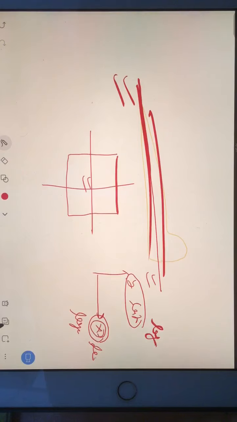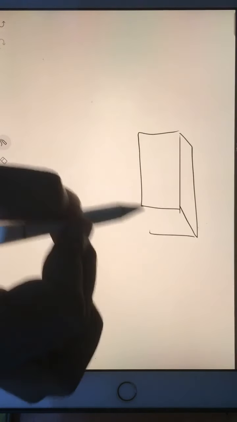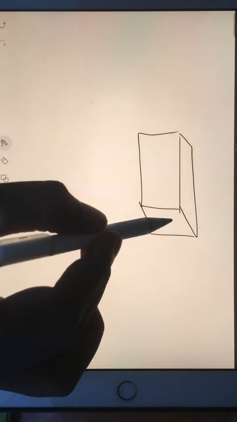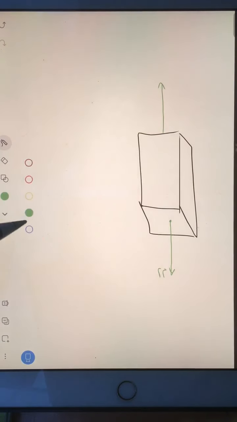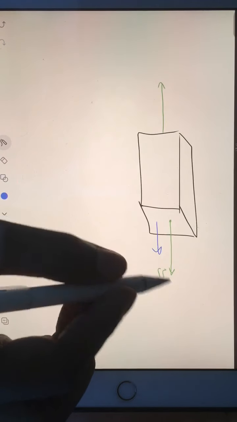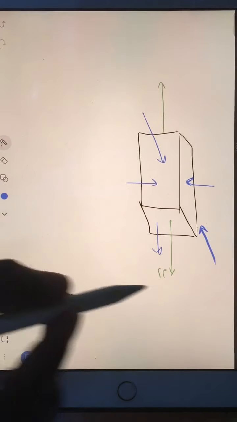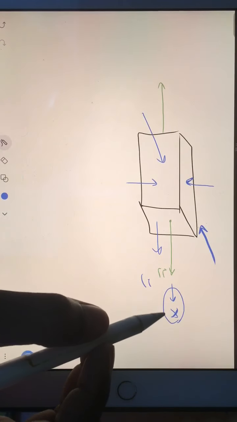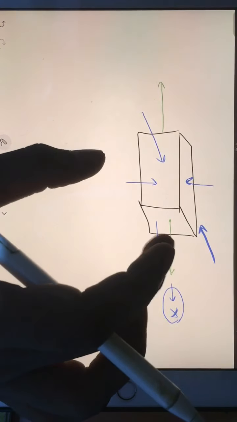So my point is, if you have a bar like this, and on this bar, everyone, if you have any doubt, please stop me and ask. On this bar, if you apply the load like this, the load will not only elongate the object in this direction, at the same time it will also compress the object in this direction and compress the object in this direction. If you consider this direction as x direction, then in x direction length will increase, so strain will be positive. In the remaining two directions, length will decrease, so the dimension value will decrease.